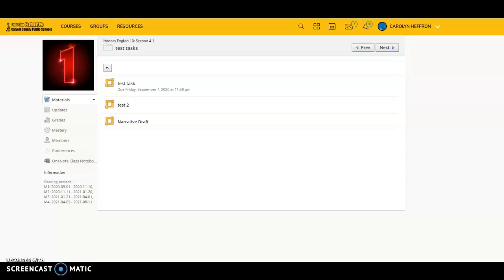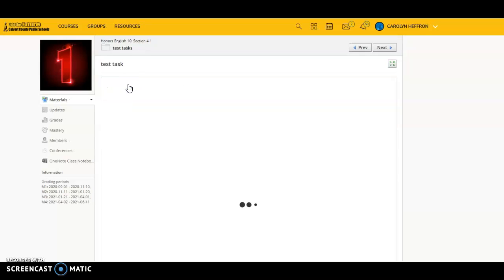Hi everyone, I just want to show you what the students are going to see when they do Turnitin tasks. So the first thing I'm going to show you is what a student's already submitted dashboard looks like. So I've already submitted this test task, so I'm going to click into it